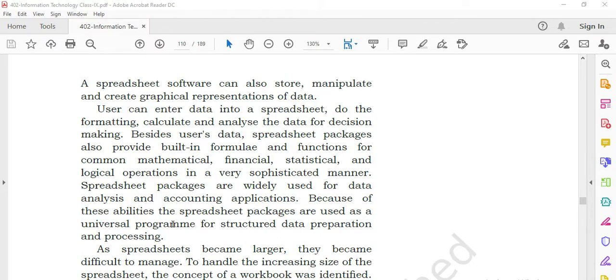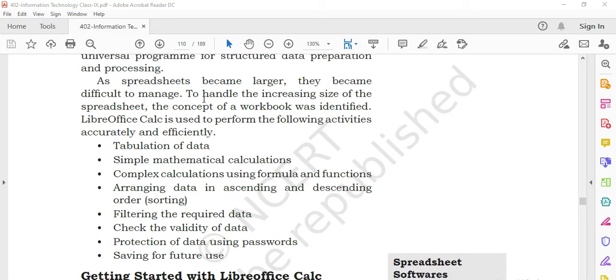Because of these abilities, the spreadsheet packages are used as a universal program for structured data preparation and processing. Spreadsheets became larger and they became difficult to manage. To handle the increasing size of spreadsheets, the concept of a workbook was introduced.